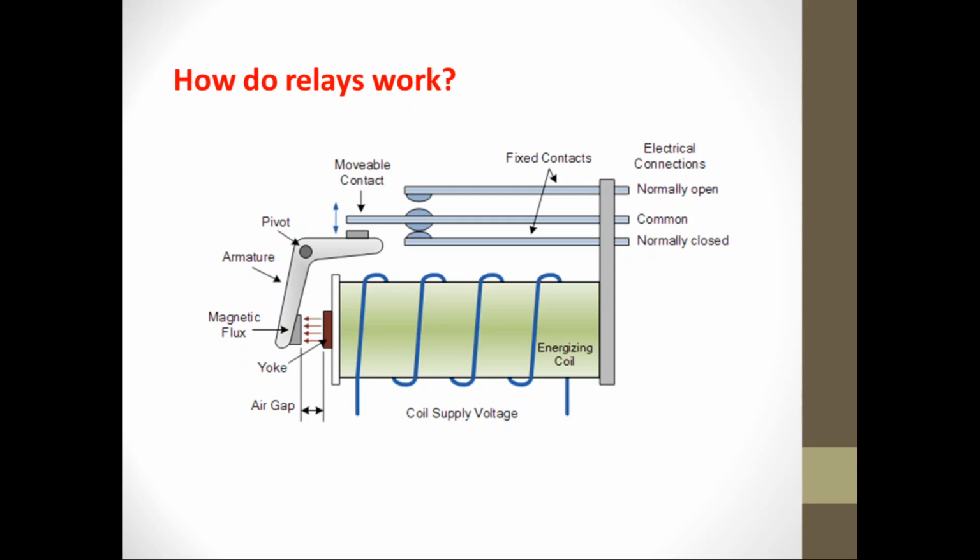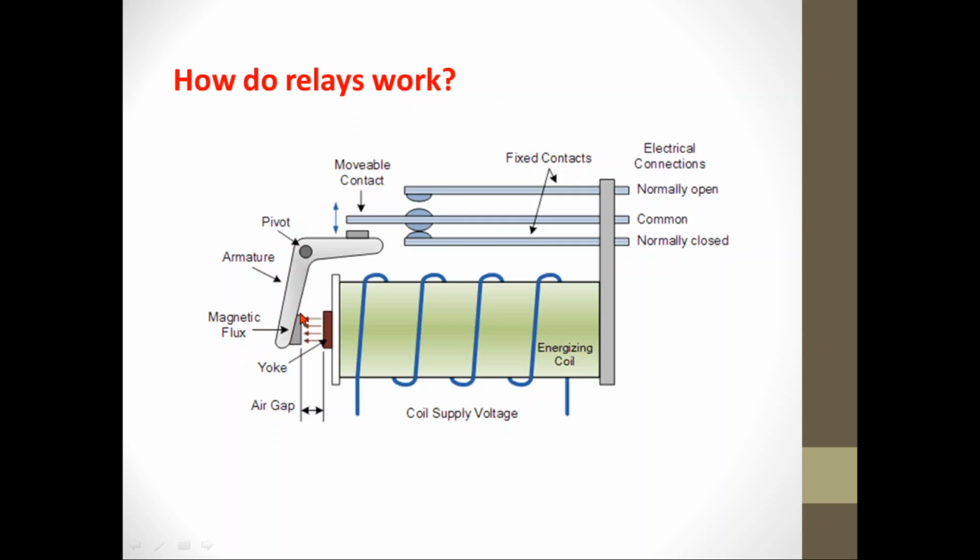Meaning, once voltage is supplied to the coil, current will flow in this wire, and magnetism will be created. Once you have the magnetism, it will attract